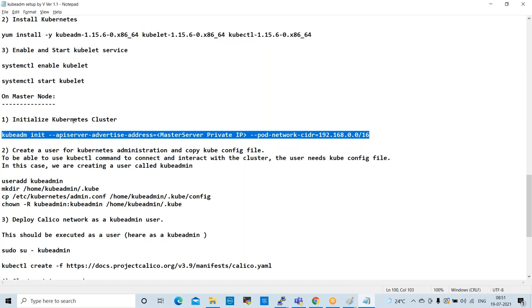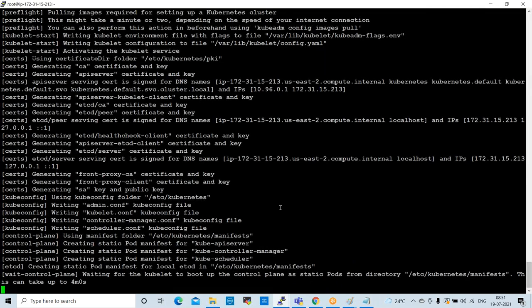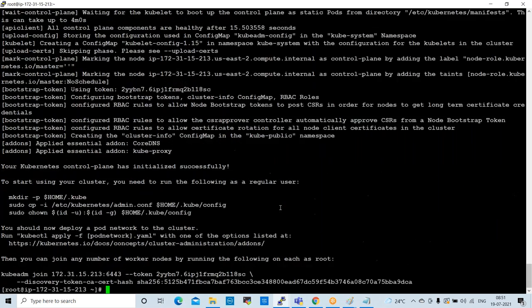So initialize Kubernetes cluster. Right, done.